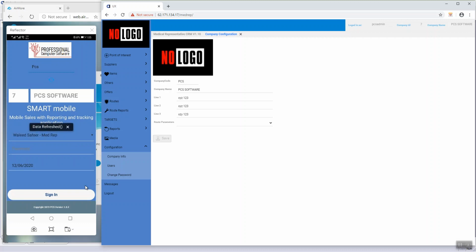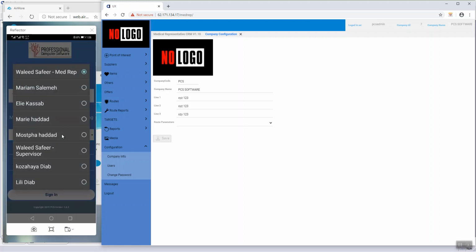Now, once we have this, we have here the company ID and the company name, which is the same that is entered here. So the company code and the company name will appear here once it is synced. Then we have on the middle bottom here the list of the mobile users. Who are the mobile users? So the mobile users are